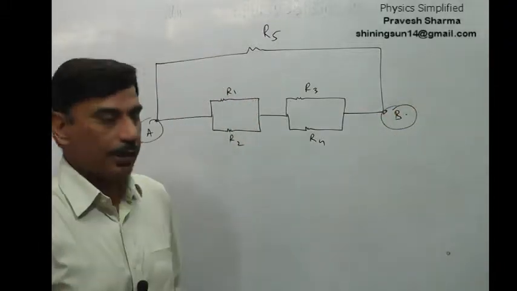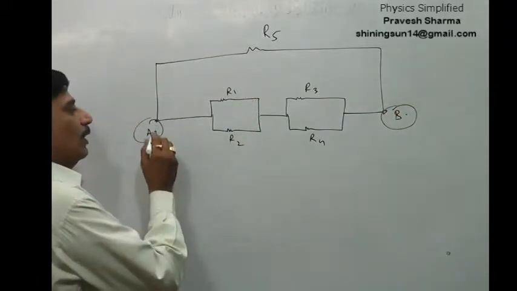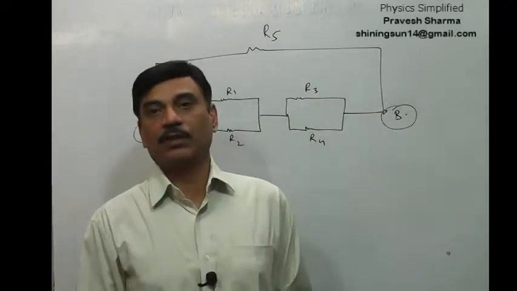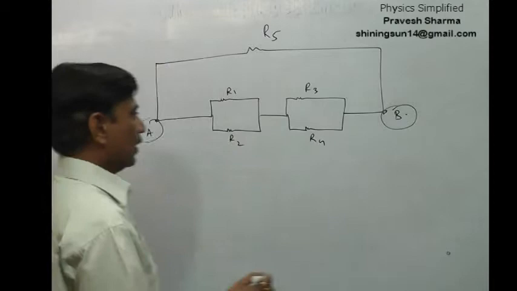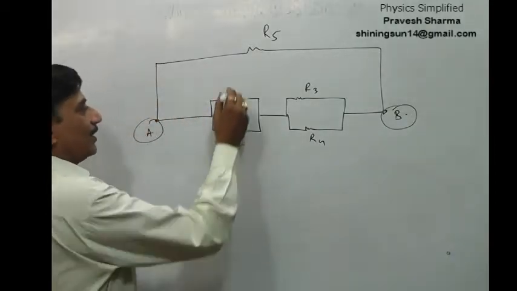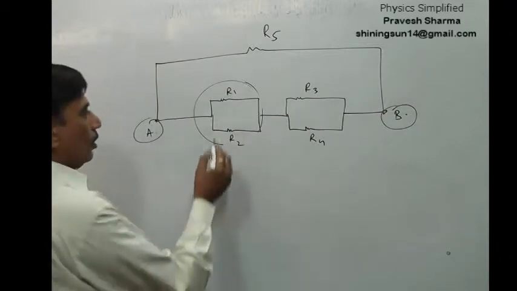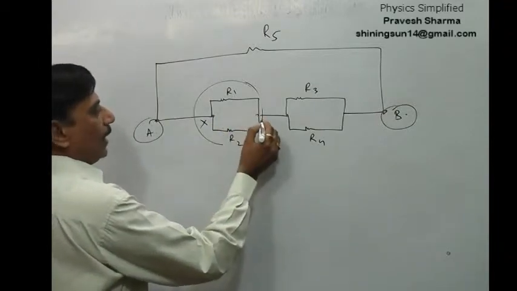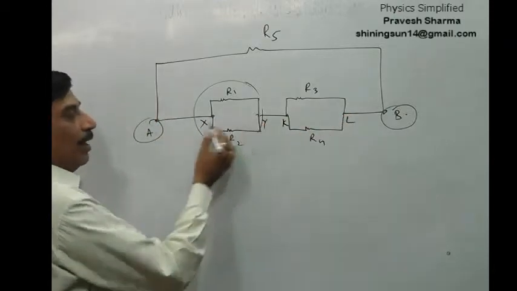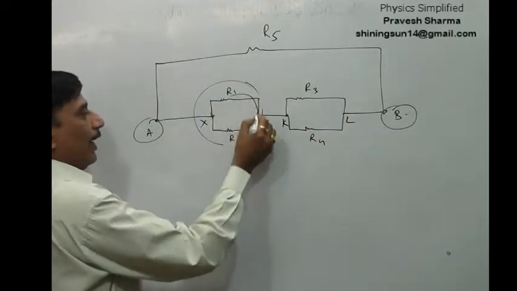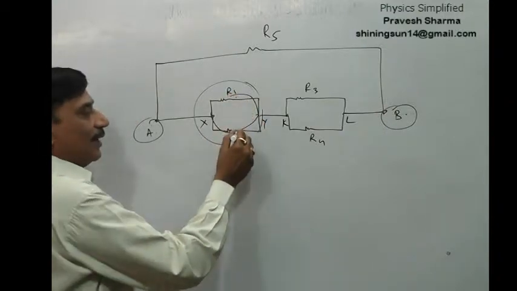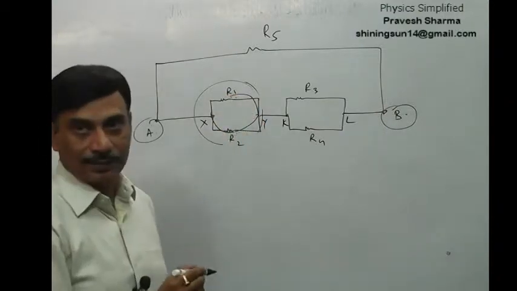Now, what do you say in a case like this? If you have to find the equivalent resistance between A and B, can we tell which are the resistors in series and which are in parallel? Yes, it is simple. First, go to the smallest kind of circuitry. Over here I see this one. So I mark the points X, Y and these points as K and L. Between X and Y, you can go via this or via this. So this and this resistance are in parallel.